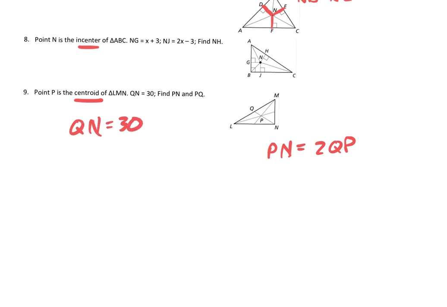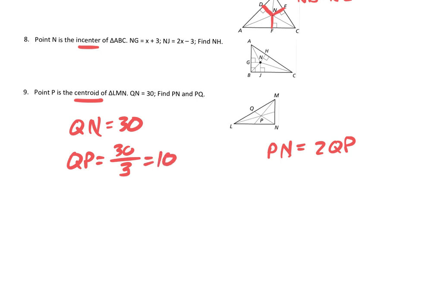If I know the entire length of this segment, which piece do I want to find first? QP or Pn? QP. How would I find QP? Divide by 3, because we know all 3 parts. So to find QP, we're going to take 30 divided by 3, which is